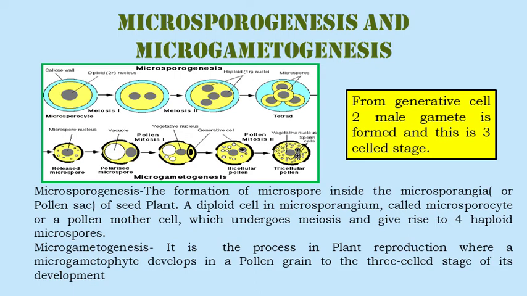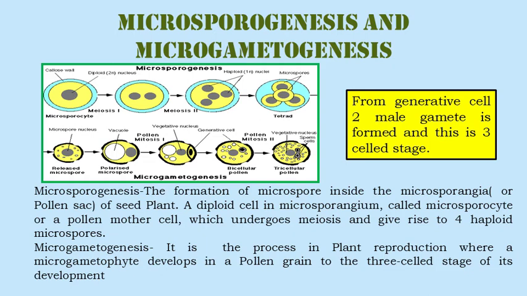Here there is a macrosporocyte. Macrosporocyte means it is the macrospore mother cell. Okay, the macrospore mother cell has a diploid nucleus. It undergoes meiosis 1 and then it will form haploid nucleus. Okay, then it again undergoes meiosis 2 and then it forms haploid nuclei. So ultimately it will form 4 macrospores, that is the macrospore tetrad.